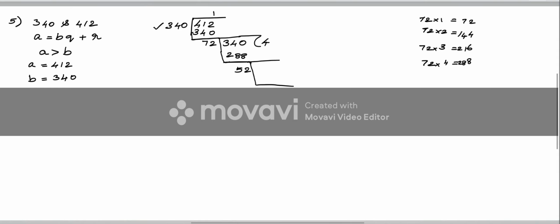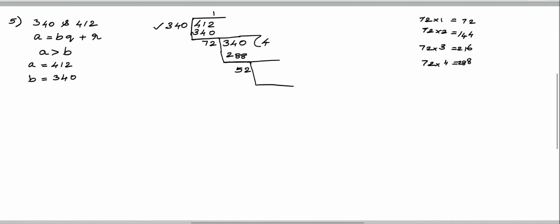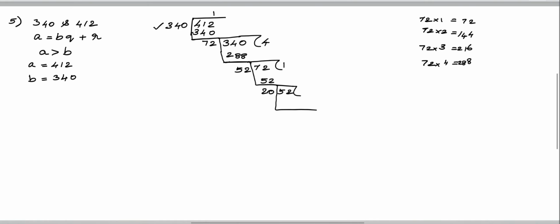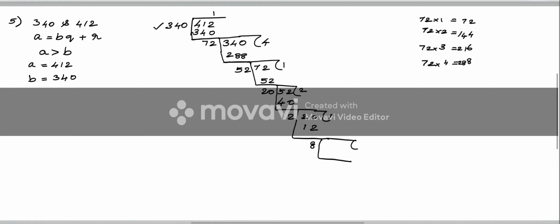Yes. And now you have to take your previous divisor as your dividend, 72. Now how many times 52 in 72? 1 time. When you subtract, you will be getting 20. Am I right? Yes. Now here the 20 is your remainder, and in the next step the 20 will be your divisor. Now you take your previous divisor 52. In 20 timetables, how many 52s are there? 2. So it is 40. Now 12. In 12 timetables, 1, 12 and 8. Here you will be having 12 1 time, 8. So remainder 4. It is 8 2 times. 4 2s are 8, 0.